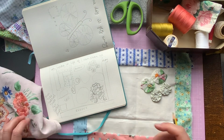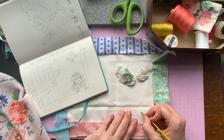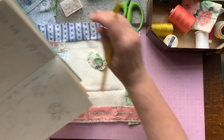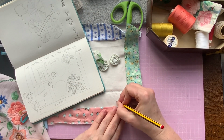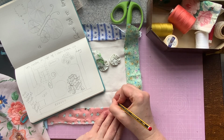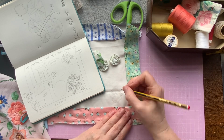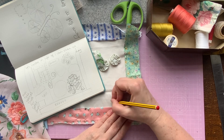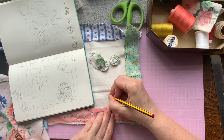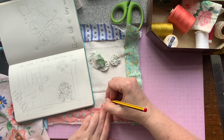So whatever I do in this corner, I'm likely going to do an oval. Can you see that? I'm just doing it lightly in pencil. You can do it in friction pen as well if you wanted to, and you can iron it off. And then the petals are kind of like that. And then 2 smaller ones here. And then a larger one on top, a bit like an M, a loose M, like that. And then there's another one here, but this one is just kind of on its side. So the oval again, and then you do 1 petal there, 1 petal there, and you're trying to get 2